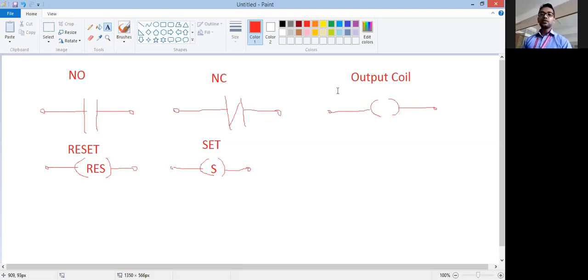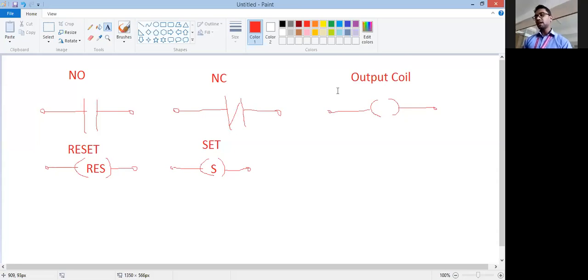Of the two kinds, retentive means when power failure is recovered, from whatever value it previously counted, it starts again. Ten seconds had elapsed, power failure takes place, power is recovered, and it will start from 11 seconds. In non-retentive, it will restart from zero.